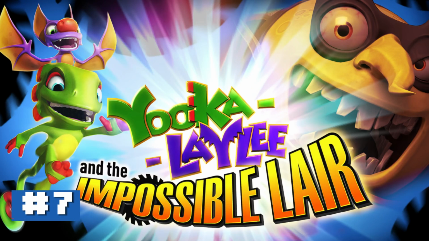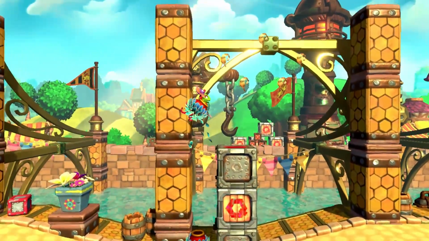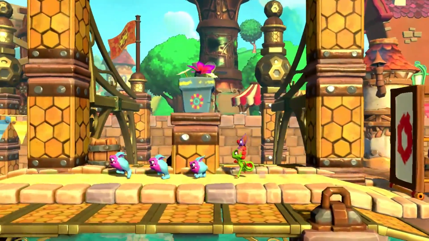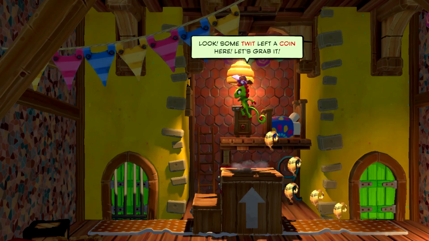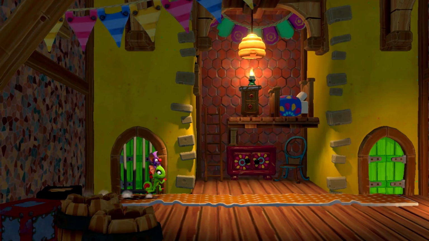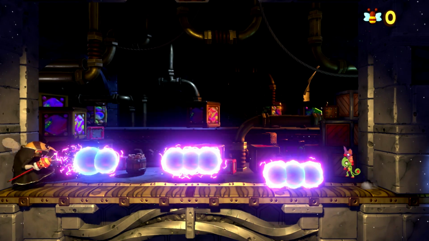Number 7, Ukulele and the Impossible Layer. The sequel to 2017's 3D platformer, Ukulele, returns in a beautifully polished 2D side-scrolling adventure similar to the likes of Donkey Kong Country Tropical Freeze. Ukulele and the Impossible Layer has a unique gimmick in which you can completely finish the game right at the beginning. Yeah, if you're actually skilled enough, you can fight and defeat the final boss within the first few minutes